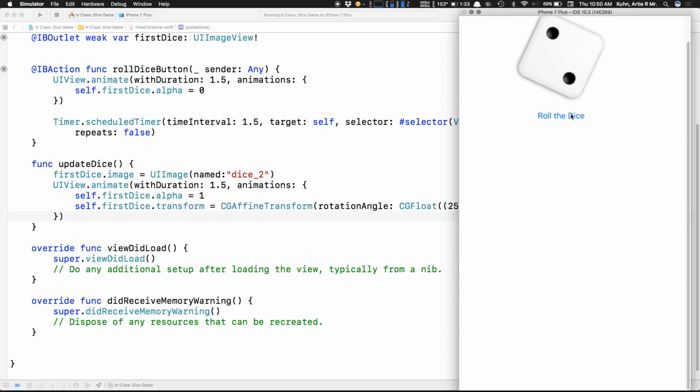There's one thing I haven't taught you yet, which is how do I make a random integer, put it into a variable, and then use that along with this name, so it can say dice underscore whatever that random number was. Okay? In something as simple as JavaScript that is very easy. If you wanted to combine first and last name, you even saw this already with the very first week's stuff, it's just string plus string, and that becomes first and last name. It gets a little more complicated with Swift